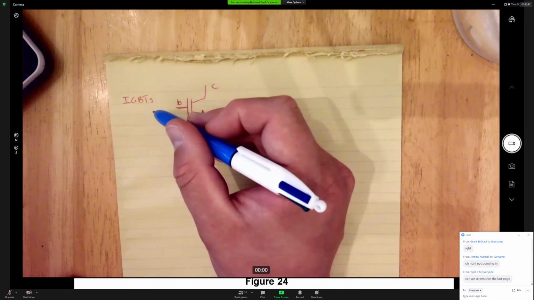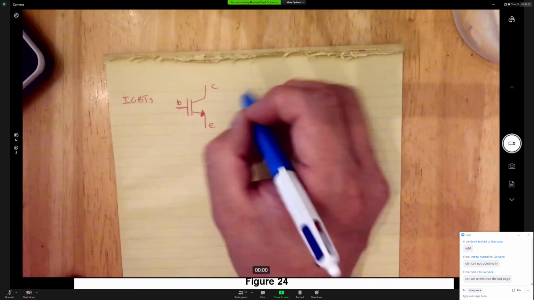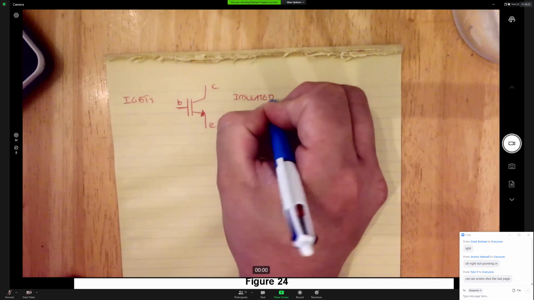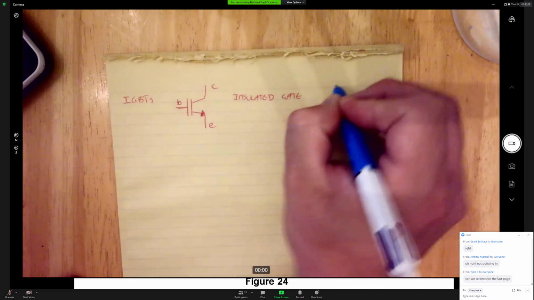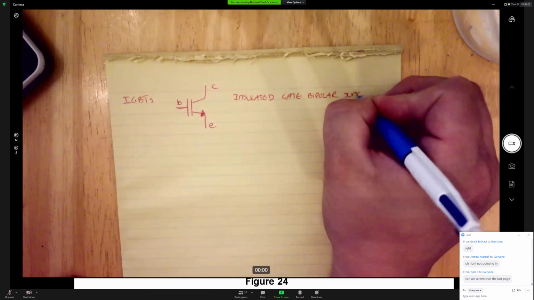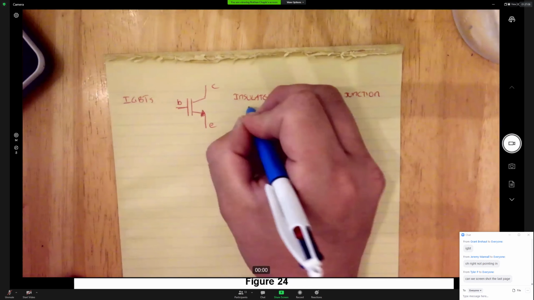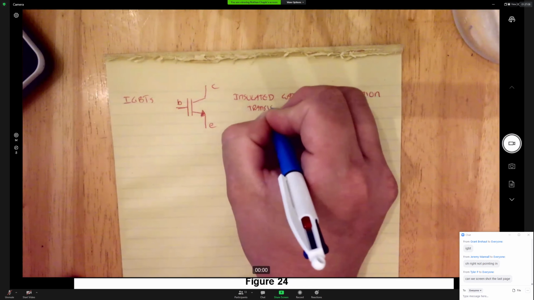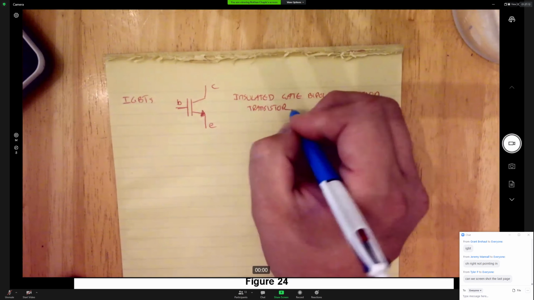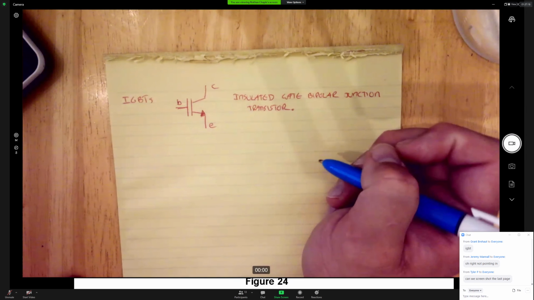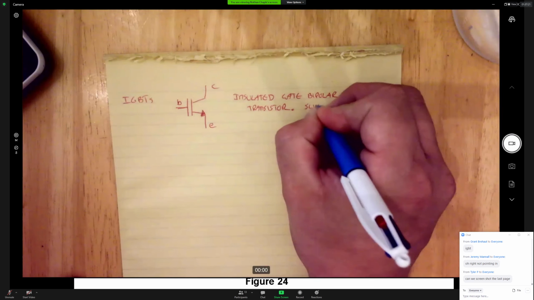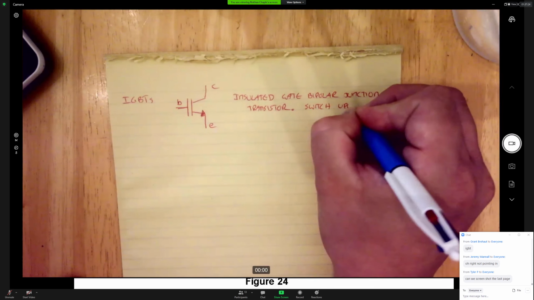So IGBT, yeah, just a second, Tyler. IGBT stands for insulated gate bipolar junction transistor. And it has a very distinct advantage that allows our pulse width modulation VFDs to be in existence and to function the way they do. And they can switch upwards of